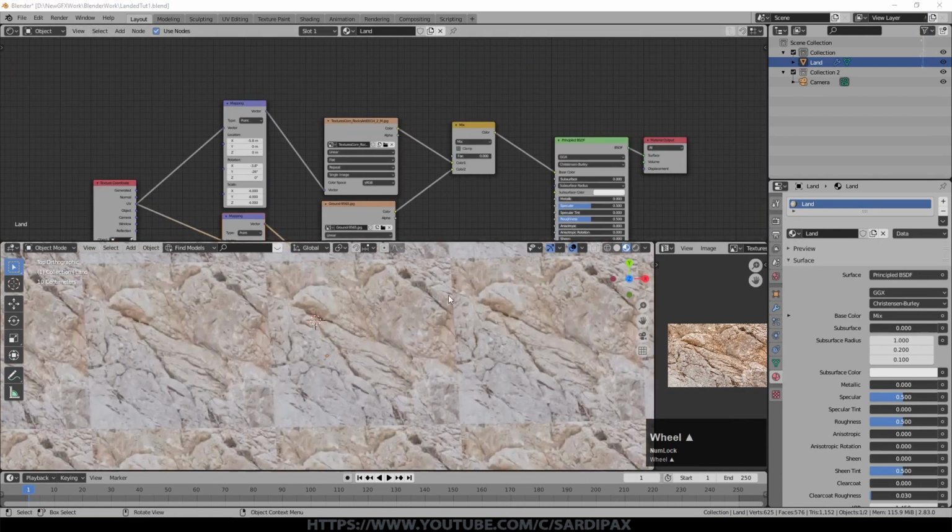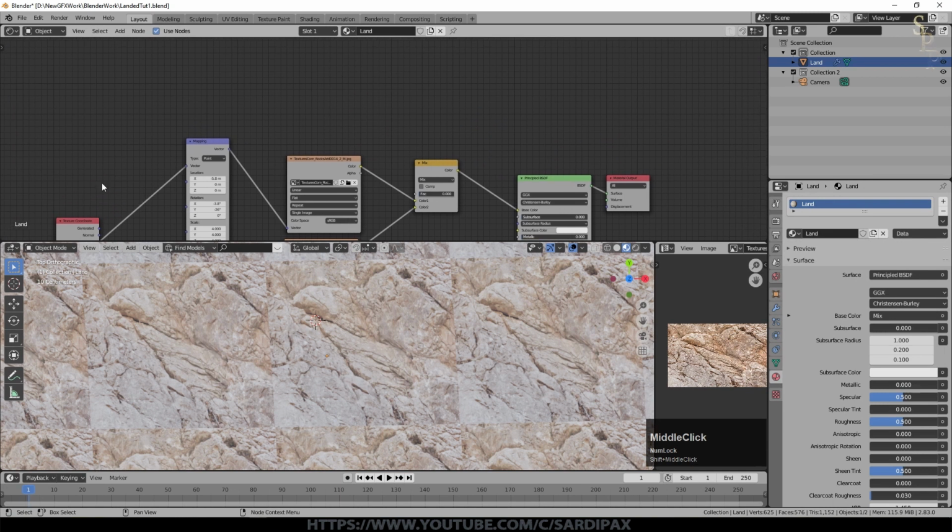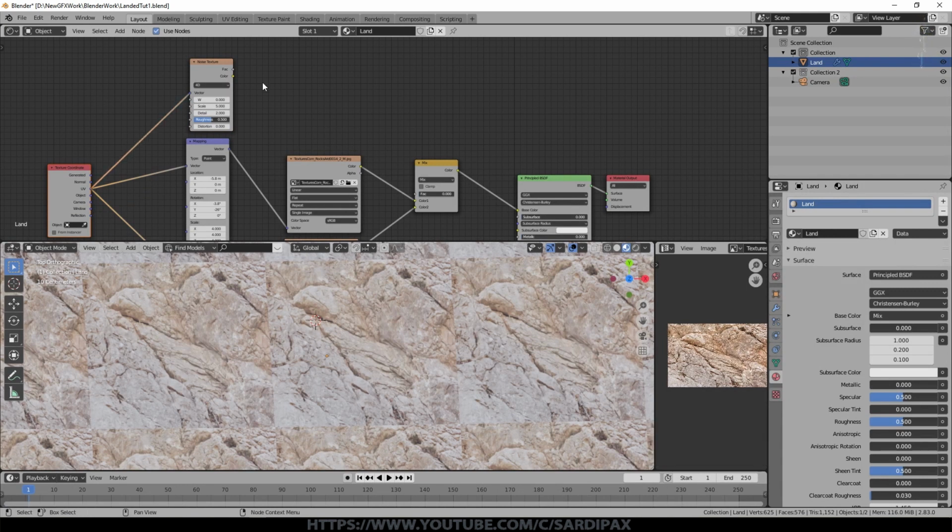We obviously need to not just add them together or anything like that. We need to be able to switch between them relatively randomly. So I'm now going to add a texture which is a noise texture. I'll set it to 4D just to give an extra bit of variation. And take the UV output of the texture coordinate into the vector input. This is important because we're connecting all of these textures together to work against the same UV map.